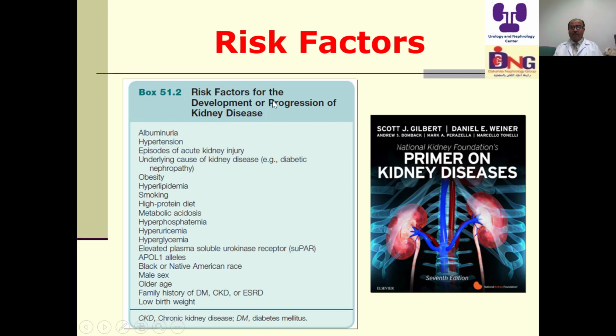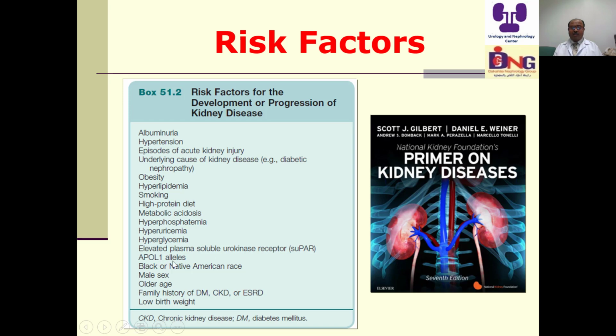So risk factors include albuminuria. Do you remember the heat map? The color darkens with increasing albuminuria. Even if we are in stage 1, the red color appears if albuminuria is A3. So albuminuria, hypertension, previous episodes of acute kidney injury, underlying kidney disease like diabetic nephropathy, obesity, hyperlipidemia, smoking, high protein diet, metabolic acidosis, hyperphosphatemia, hyperuricemia, hyperglycemia, elevated urokinase,